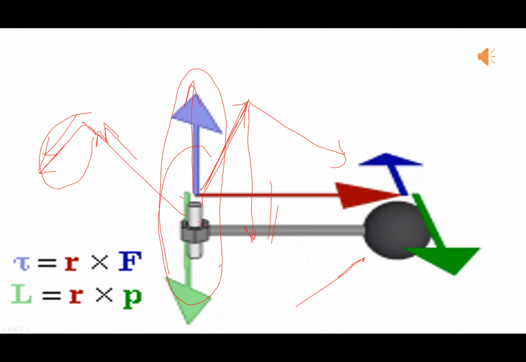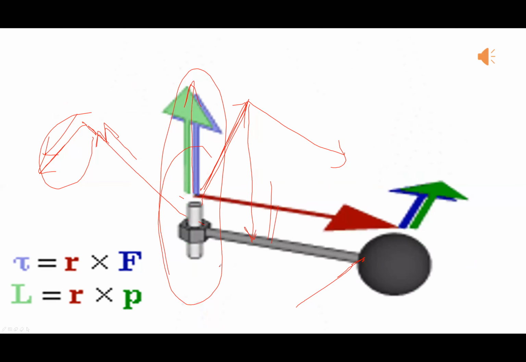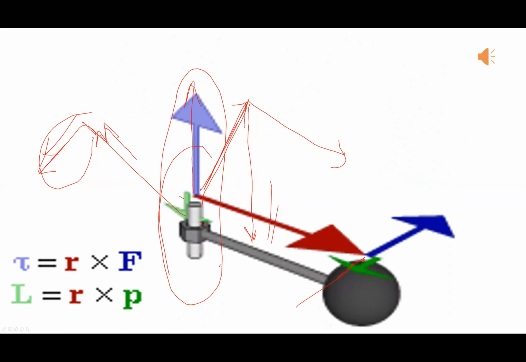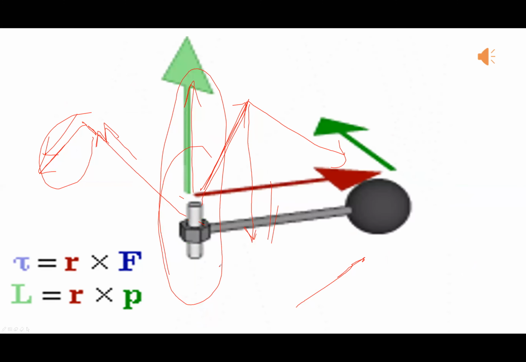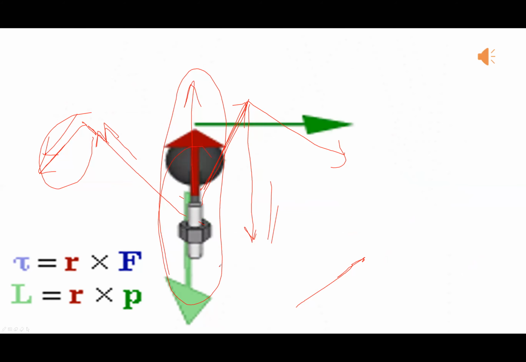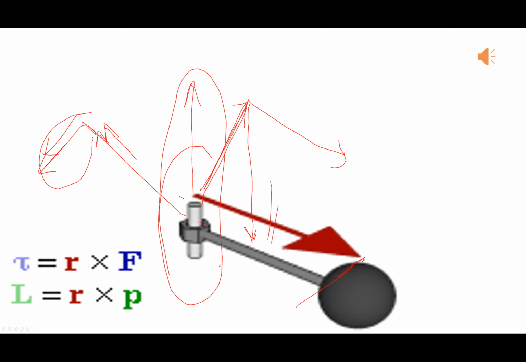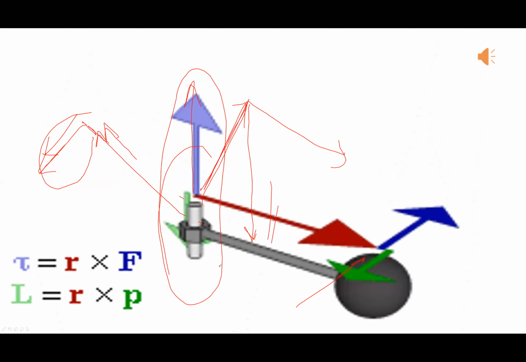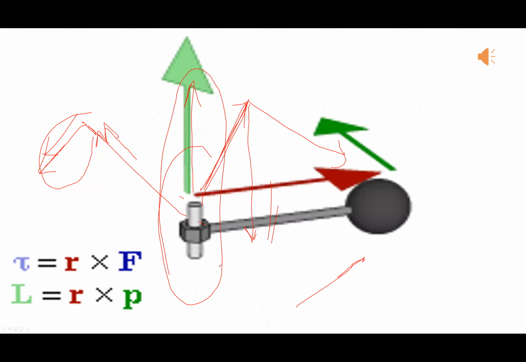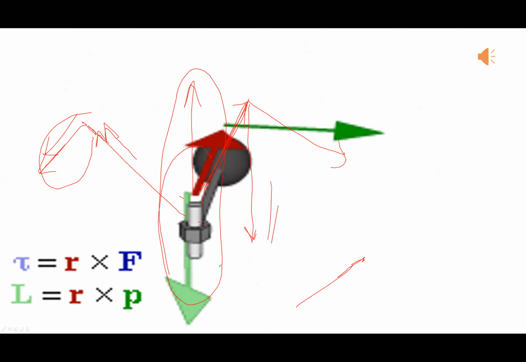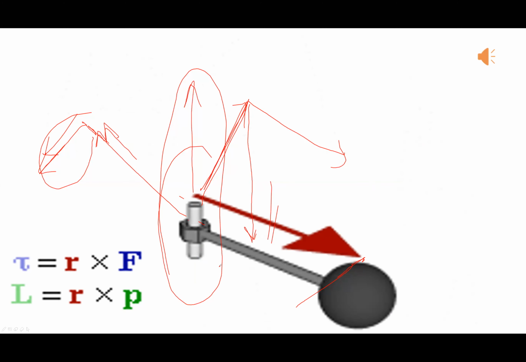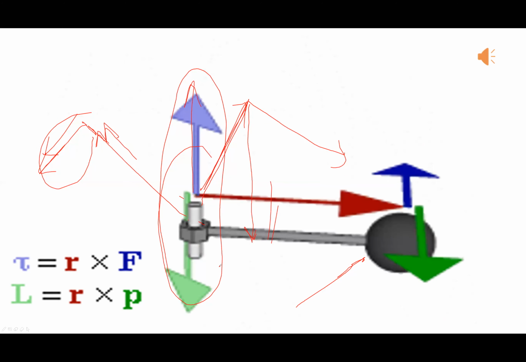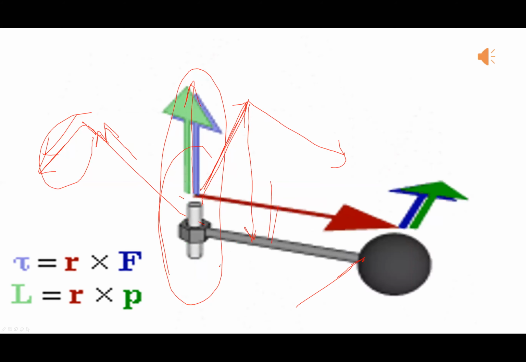So we have two types of torque, clockwise and anti-clockwise. Clockwise torque will be negative according to the right hand rule, and anti-clockwise torque will be positive according to the right hand rule. Torque is the rotational effect, which depends on moment arm and force. The greater the moment arm, the greater the torque. The more the applied force, the more the torque. And torque is maximum when theta is equal to 90 degrees and minimum when it is equal to 0 degrees.